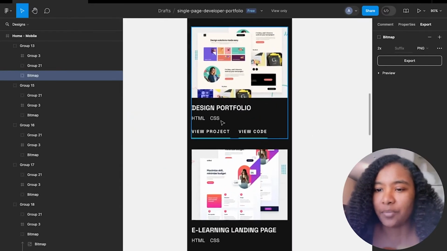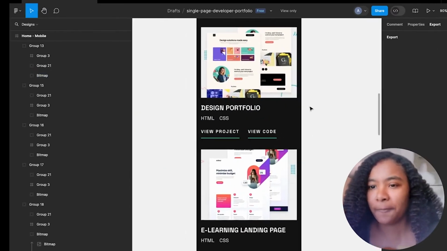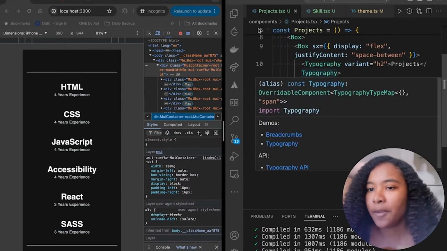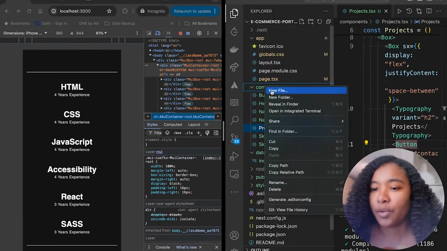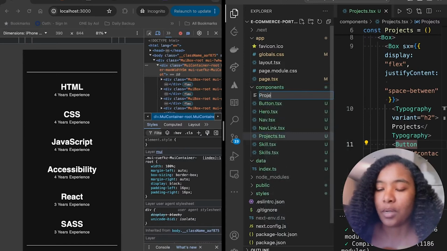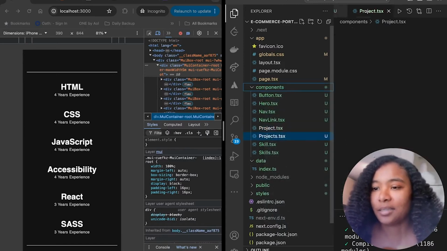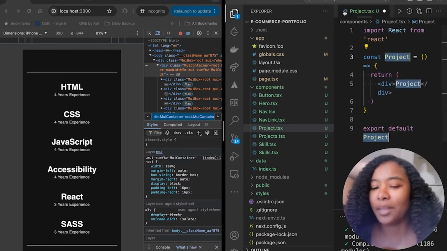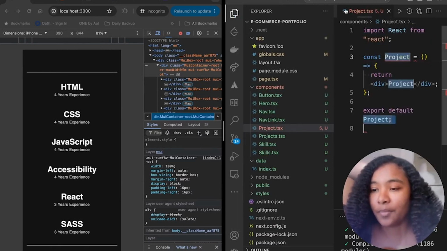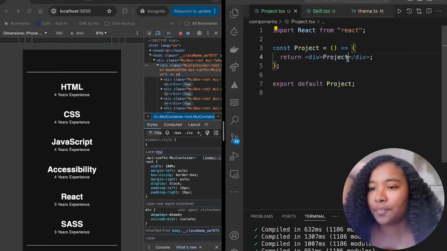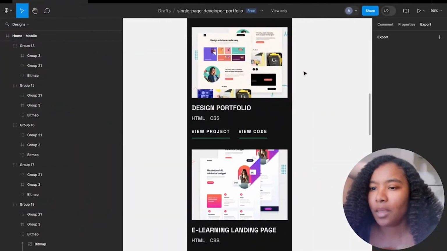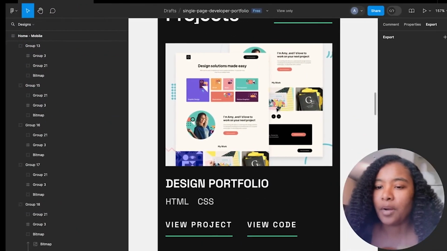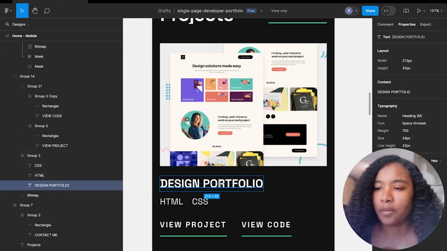I already see myself creating another piece of data there. So we have our 6 projects. And then we're going to create another component, a new file, and call it project.tsx. And the same thing. Again, I should have named it like project container and whatever, but I did not. So each of these, let's wrap it in a box,